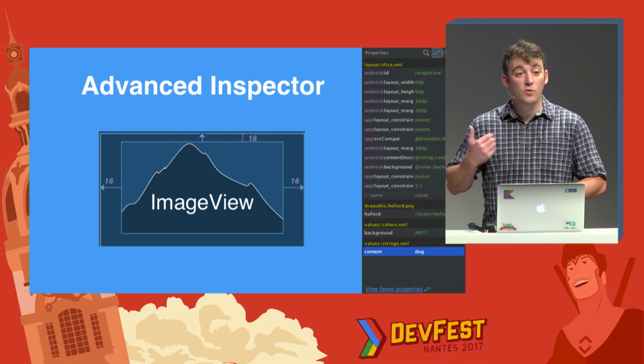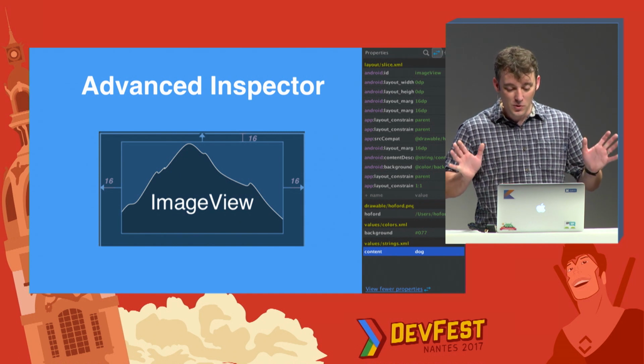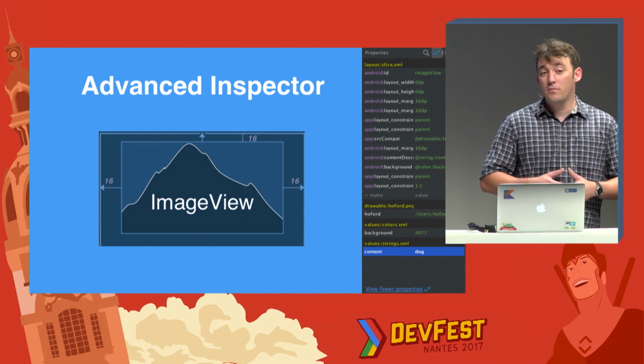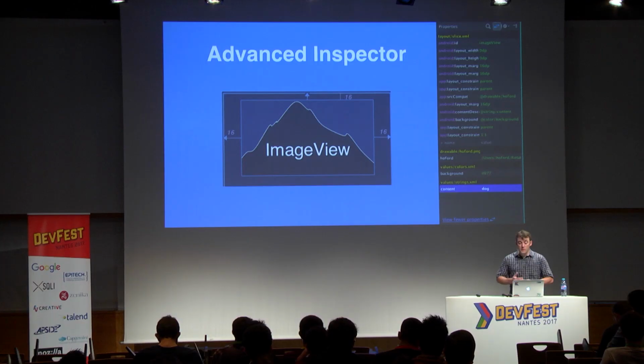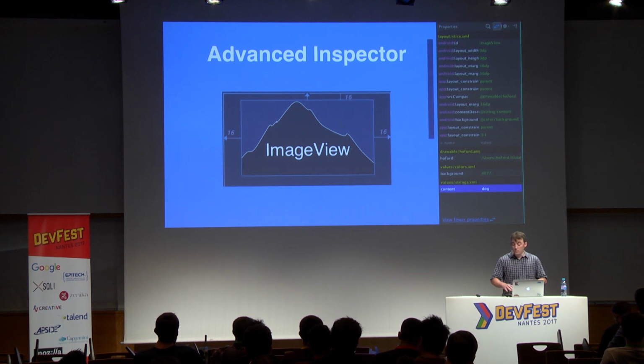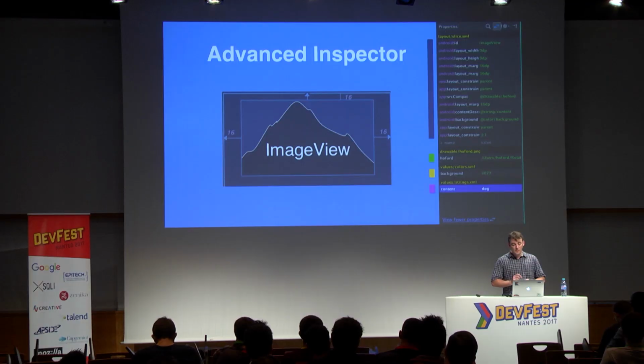It shows you your attributes the same way that it shows you in the XML, so you don't get lost. You got auto-completion. Everything works, and it shows you the elements that are referenced just below. So here's your main file, for instance, and the various elements that are referenced are just shown here, and the title is the file they are coming from. The other thing is that it only shows you the one widget you are selecting, which can be a little faster than if you go back to the XML mode.